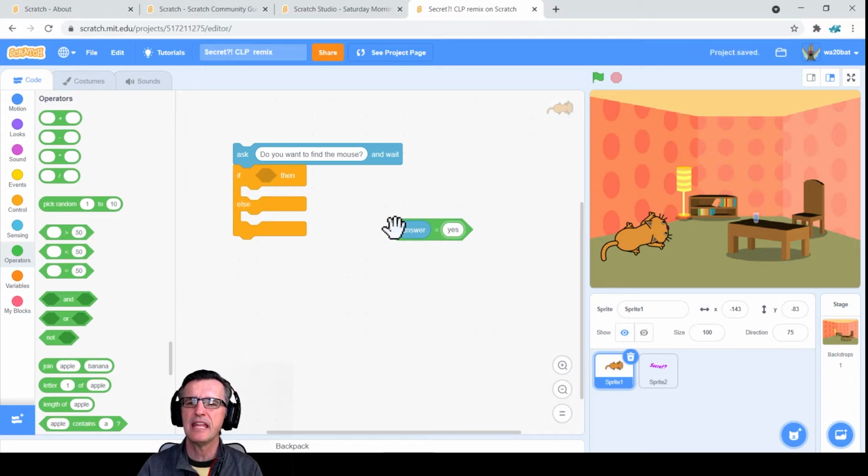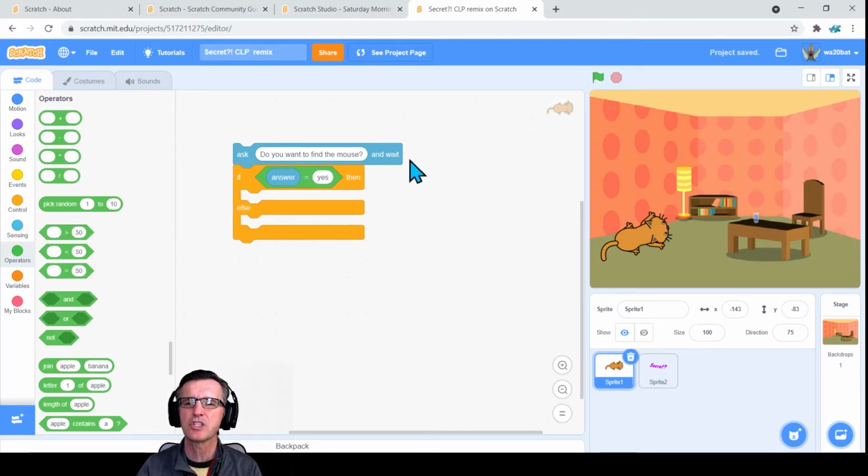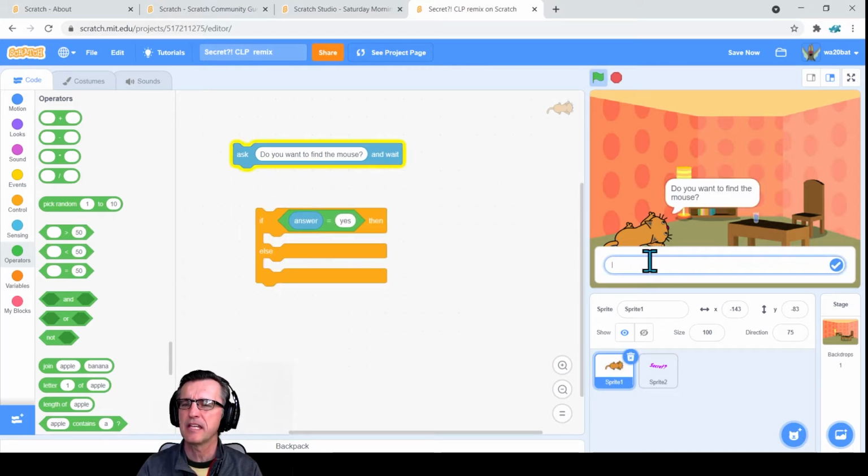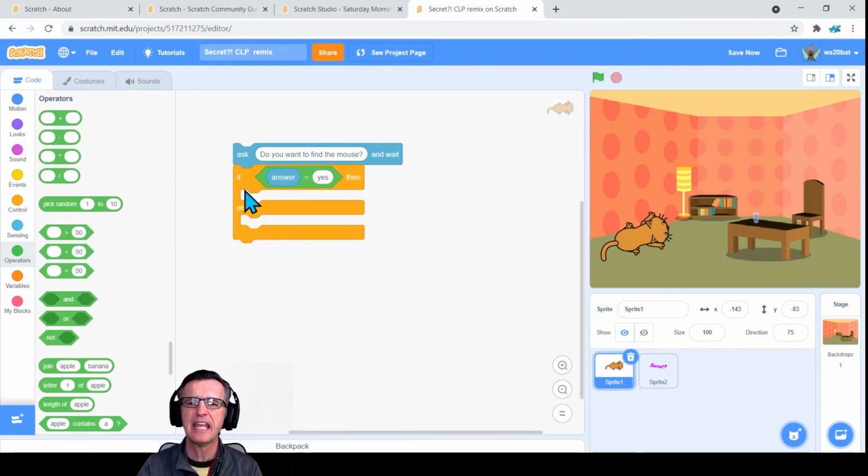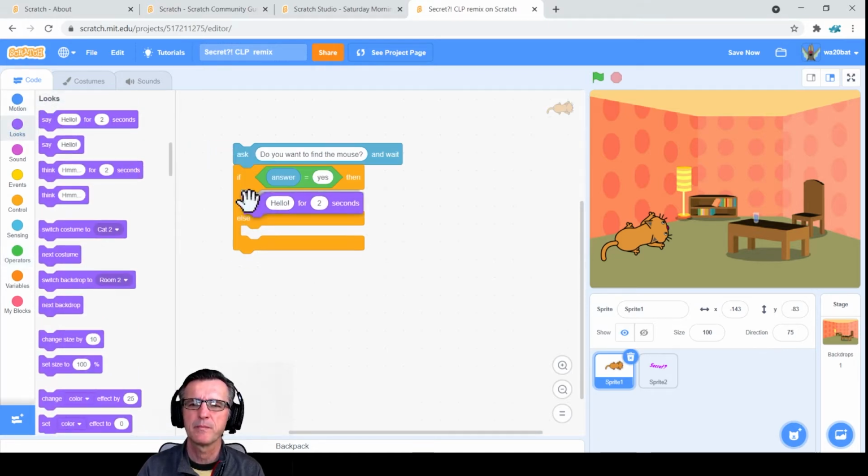So if they say yes, because we've asked this question and we tell the computer to wait, and that wait tells the computer to wait until they've answered and checked the box. And if the answer is yes, I'm going to say, here we go. Great. Here we go. And we'll add some more there. I just want to kind of practice here. And what we can say is else, if suppose they didn't say yes,